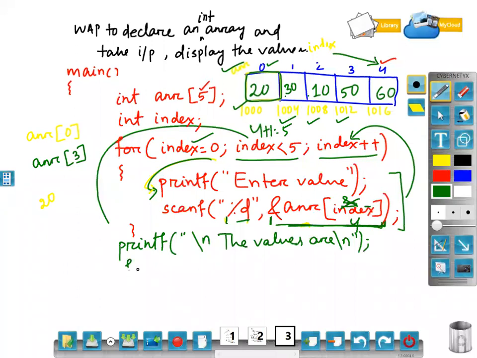So for index equal to 0, because array printing will start from index 0, index less than size, index plus plus.